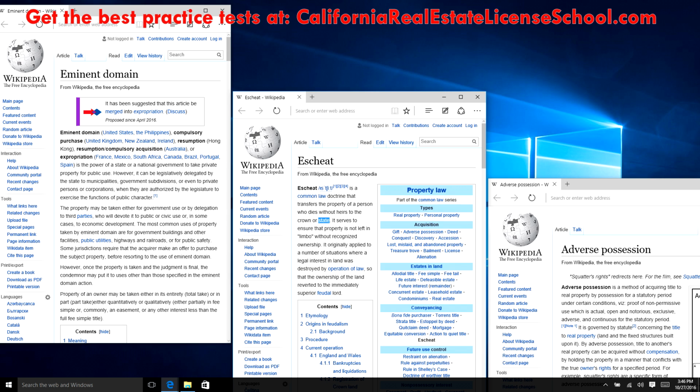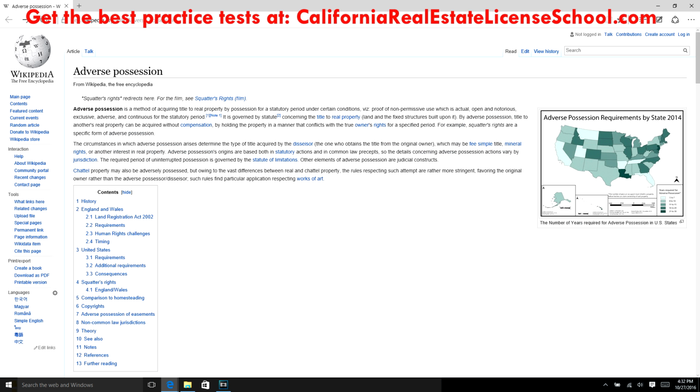Now, adverse possession is when someone gets into someone's property. Let's say it's an abandoned property, and they live in that property. Let's say a homeless person starts to live in your home. You're out of town or you're out of the country, and after a few years, they can start a legal action